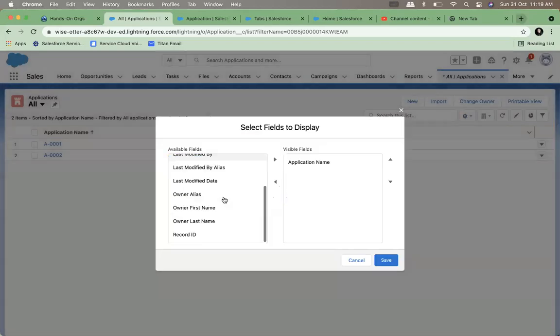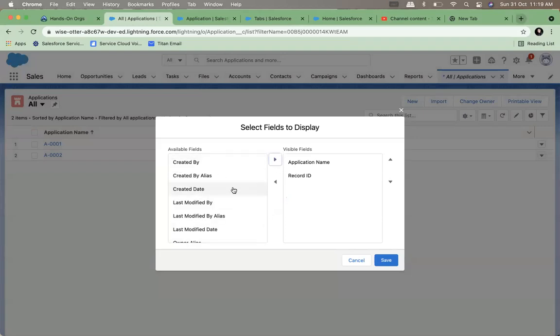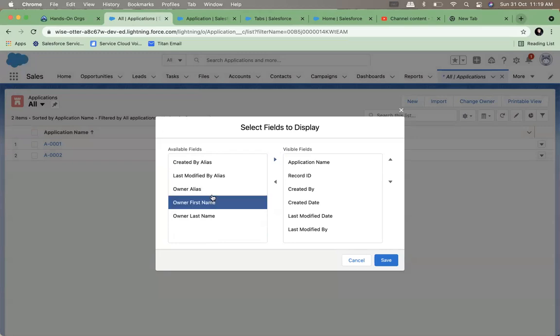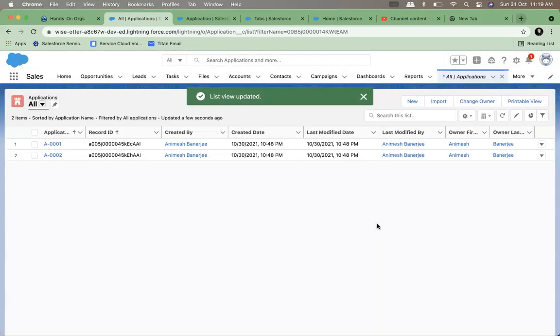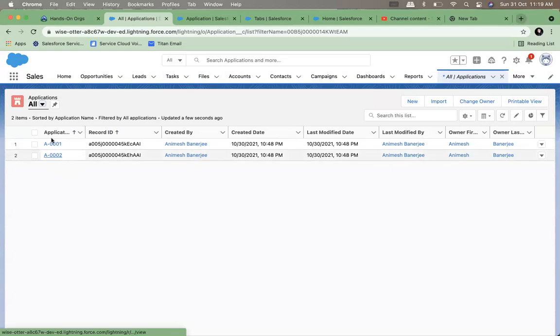What are the fields which are there? These are the standard fields which are possible. I will show this record ID now, very important. Let's take all the fields and let's discuss this. So this is the auto number field or the name field, which I have made auto number. That's why it is auto generating. If I don't make it auto number, it is a text field, then you have to fill it up.